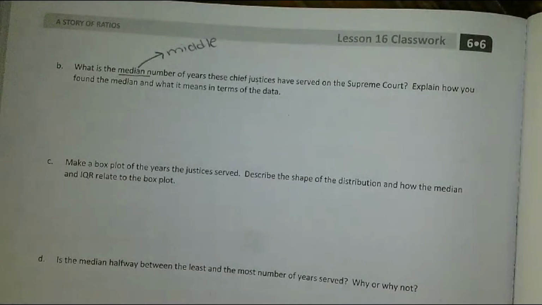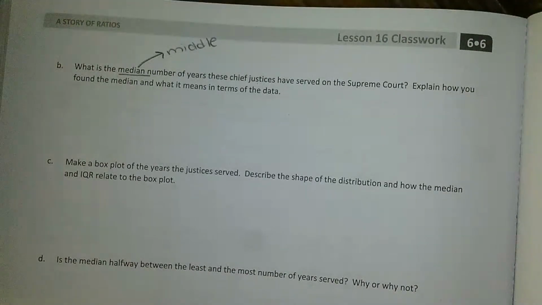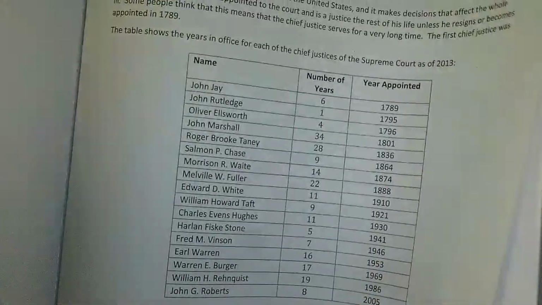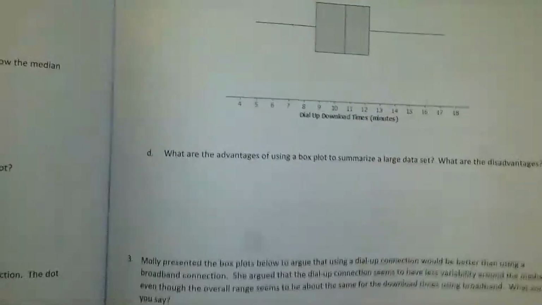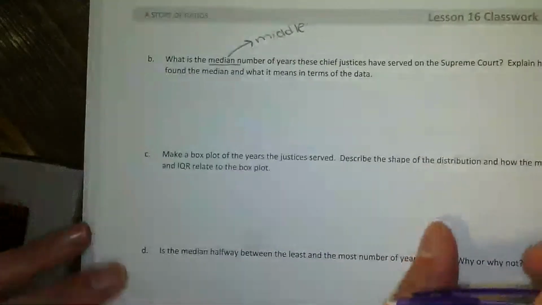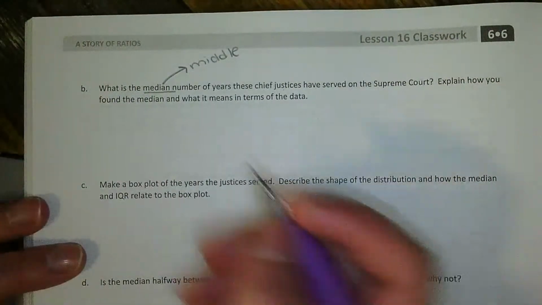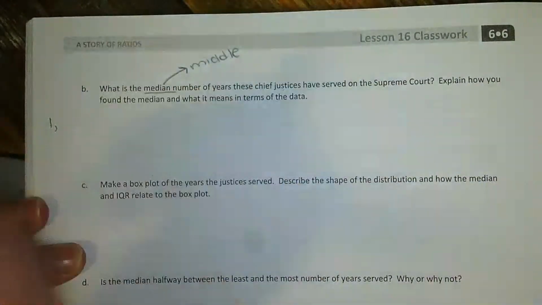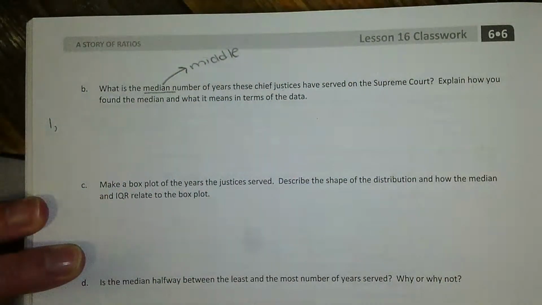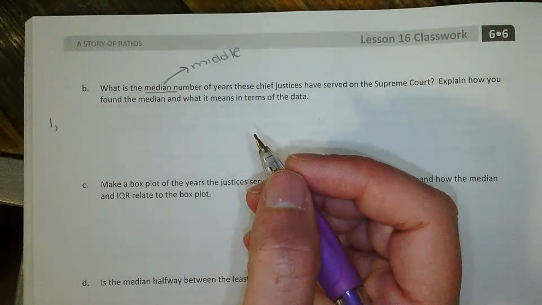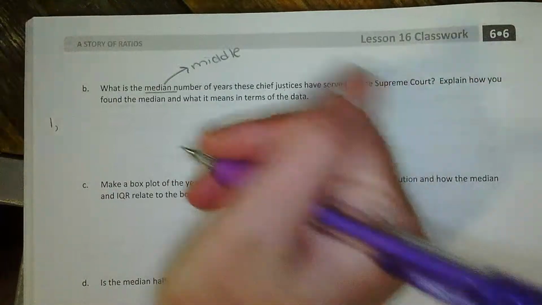Okay? So what we need to do is we need to take all the numbers that are in that center column, number of years, right here, and we need to list them from least to greatest so we can find the median. So I'll help us out if we all just be on page 204, and we're going to list off these numbers right here. I see the smallest was 1. You might want to write way over here because we have a long line to go. I don't see any 2s. Any 3s? No. I see a 4.